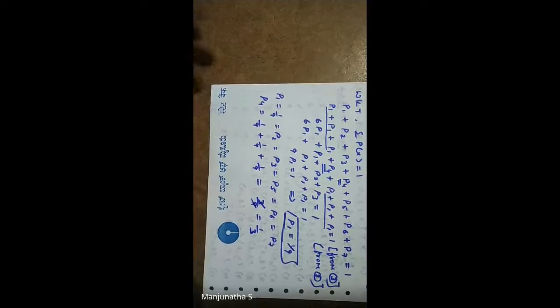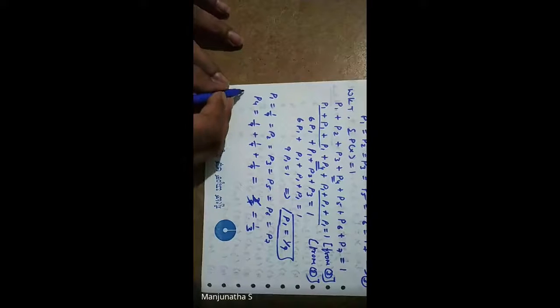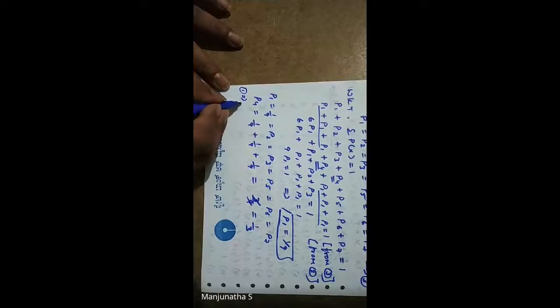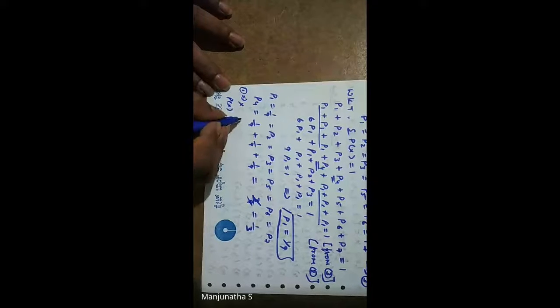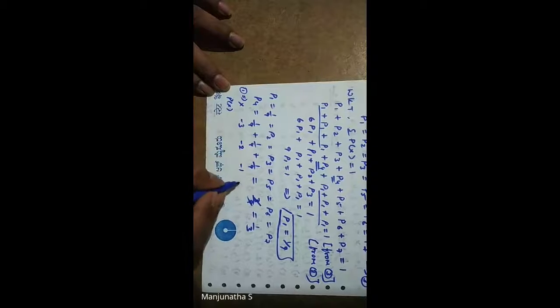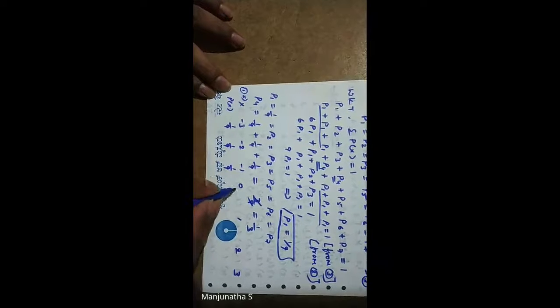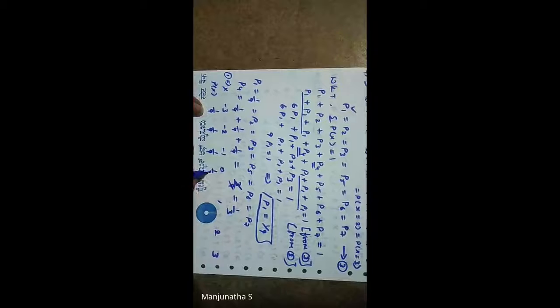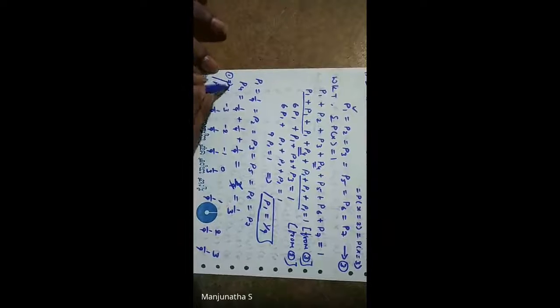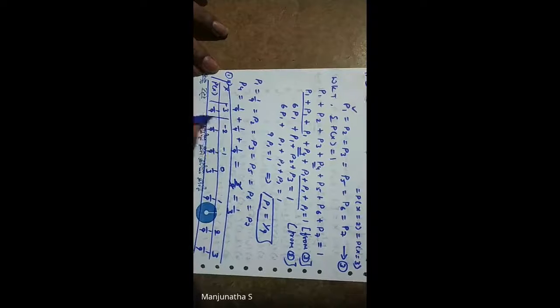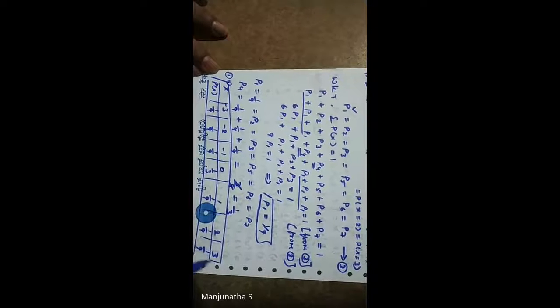So now substitute in the table. Therefore, equation 1 becomes: x, p of x. That is -3, -2, -1, 0, 1, 2 and 3. The P1 value we know, 1 by 9, 1 by 9, 1 by 9, but the 0 value, that is the P4 value, is 1 by 3. The values for 1, 2, 3 are 1 by 9, 1 by 9, 1 by 9. So this is the probability distribution table, and hence we got it.